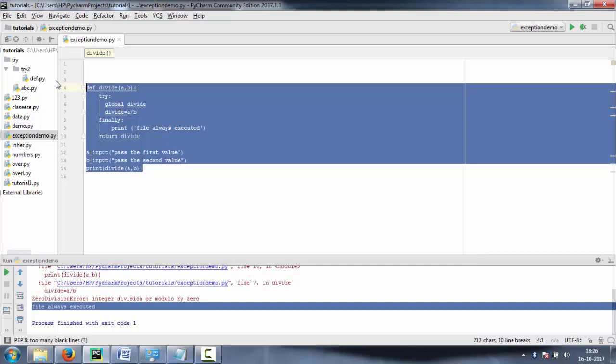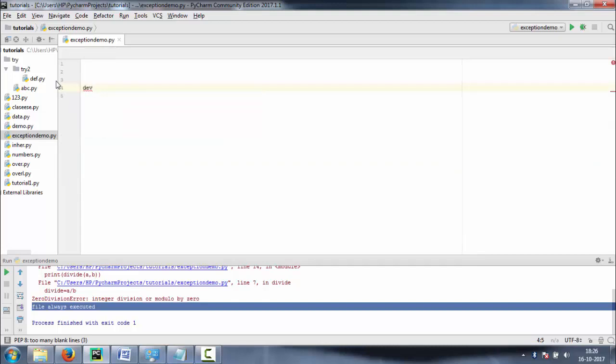Suppose I am making a method, def demo, and passing some level, just checking. Try is a keyword, I can't use it.